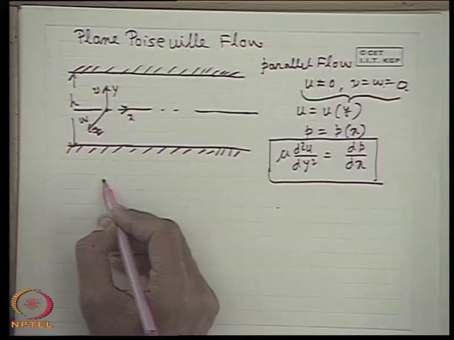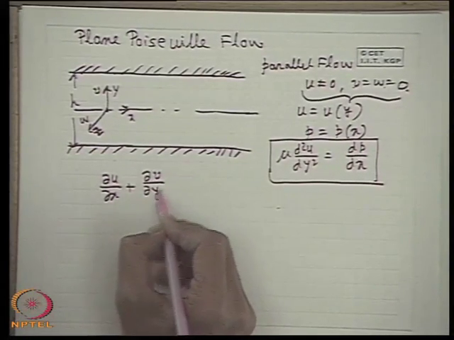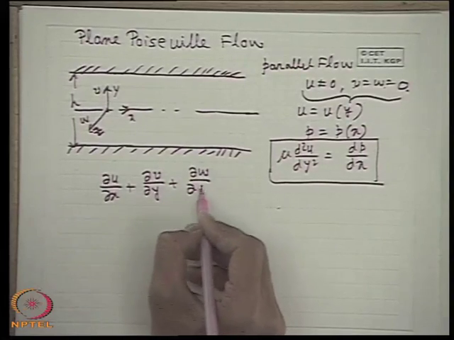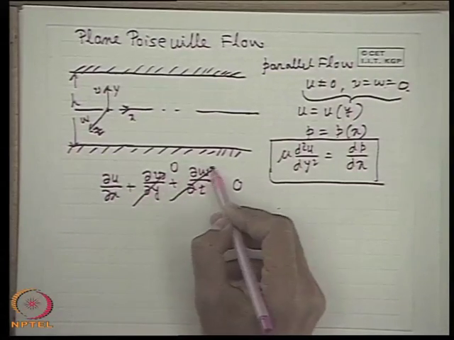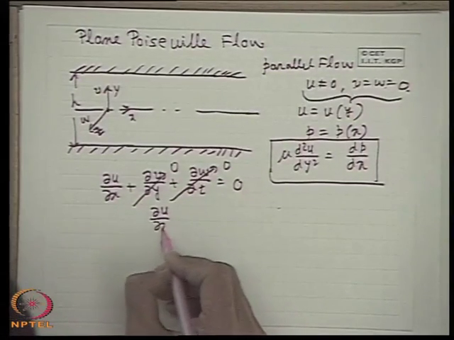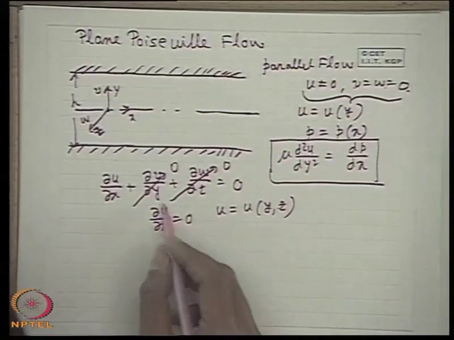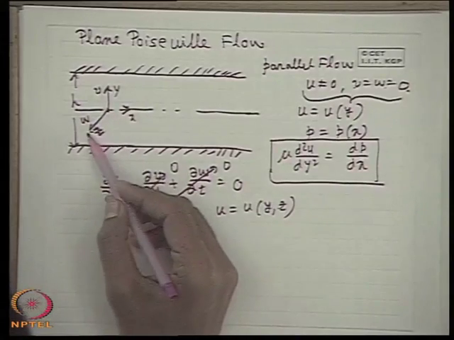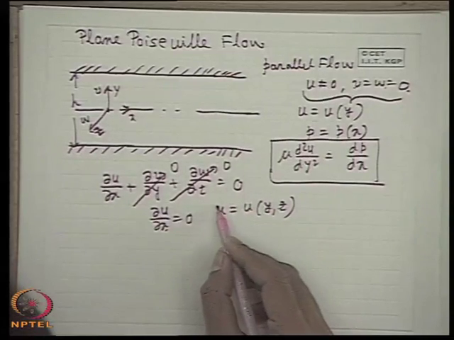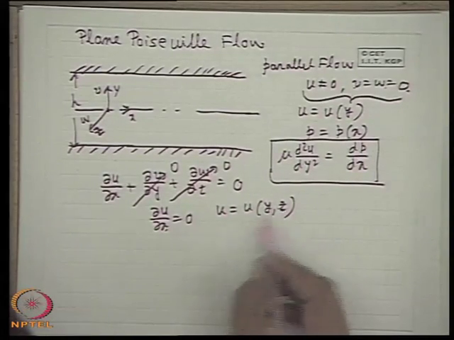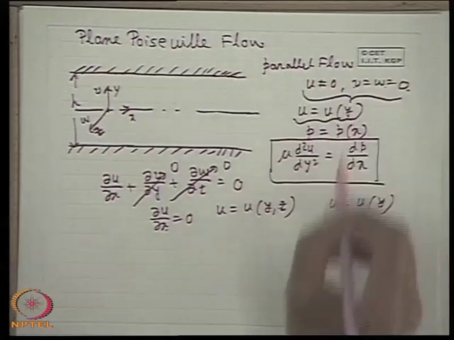First of all, if we write the incompressible flow continuity equation in Cartesian coordinates, del u del x plus del v del y plus del w del z is equal to 0. Now, since v is equal to w is equal to 0, these terms are 0, and then del u del x is equal to 0. Therefore, u is a function of y and z only, because u cannot be a function of x. Then if the z direction is so large compared to the dimensions in the y direction that the changes in u with respect to z can be neglected in comparison to changes in u with y, we can write u is a function of y. So, we arrive at this corollary from continuity.